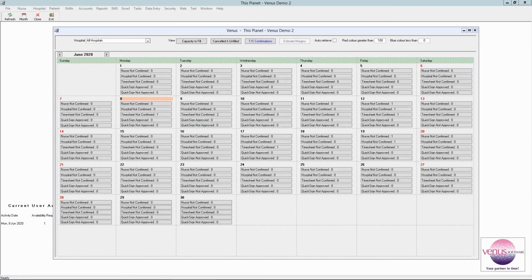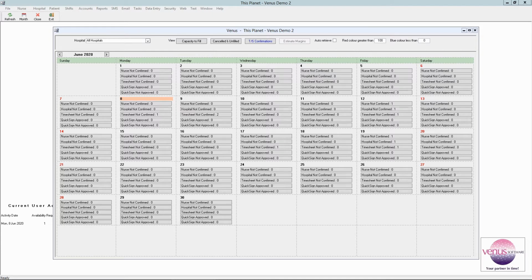Hi everybody, today we'll run through the check-in and check-out facility in QuickSign. This introduces a variable of distance and it will also take a timestamp from the mobile phone being used for QuickSign to help you ascertain if the staff member has checked in within your tolerances and if they are within a distance that you also can enter as a tolerance for automatic updating of the roster or automatic timesheet approval